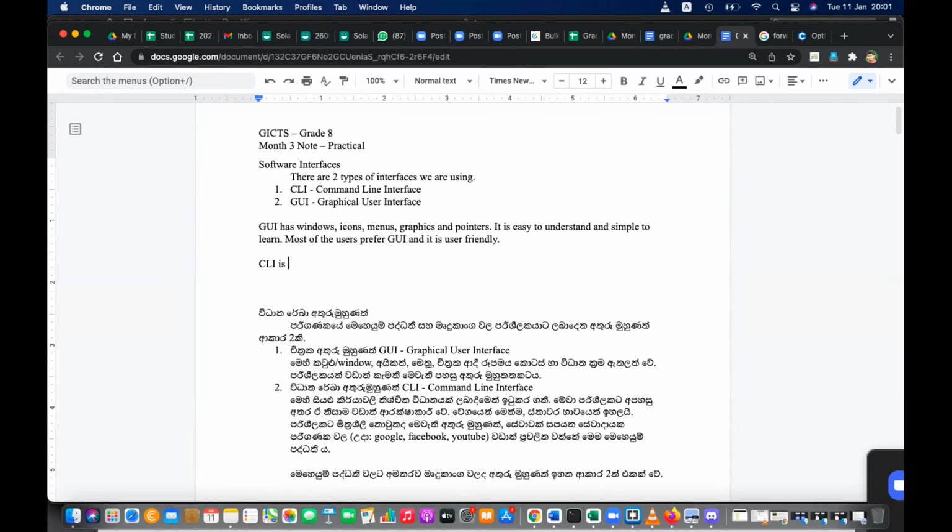CLI is a simple or small in size and high performing interface.